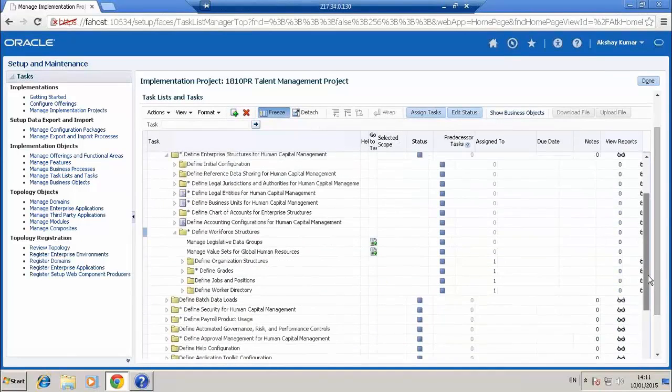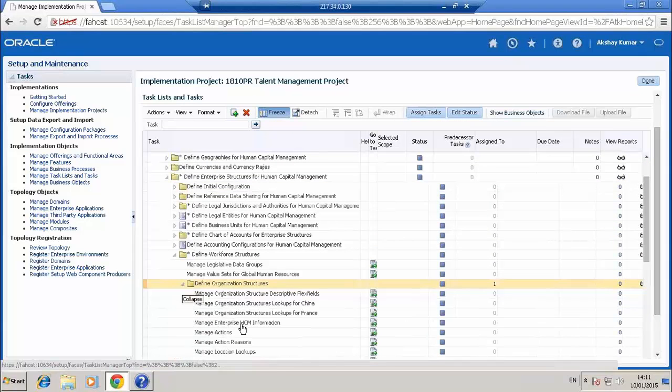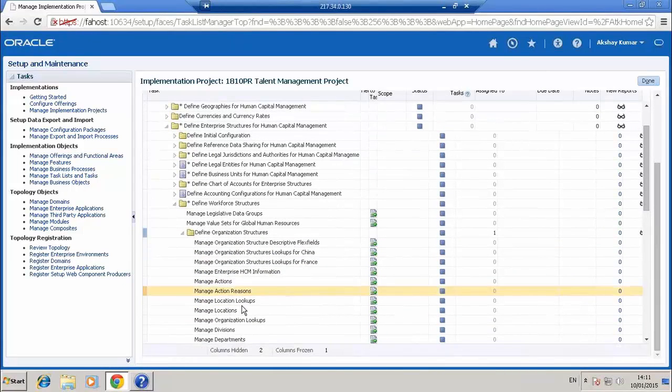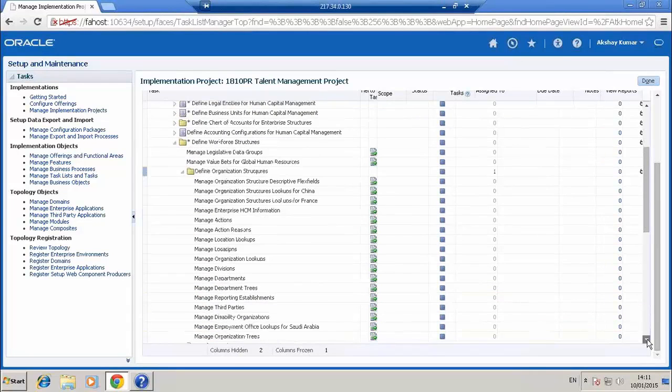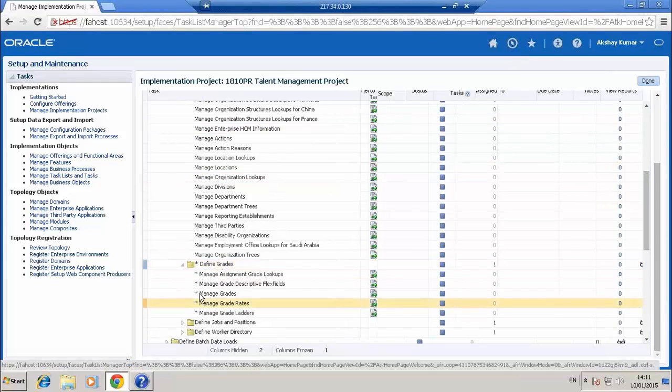In define workforce structures, you have different organization structures. Here you will be able to create departments, divisions, locations, actions and records. If you want to create grades, you can create them here. Positions, you can create here.